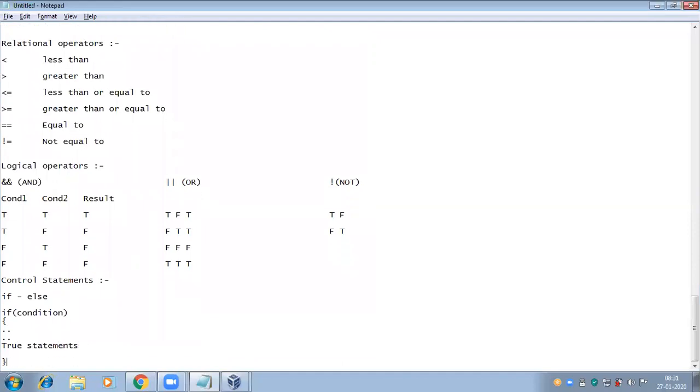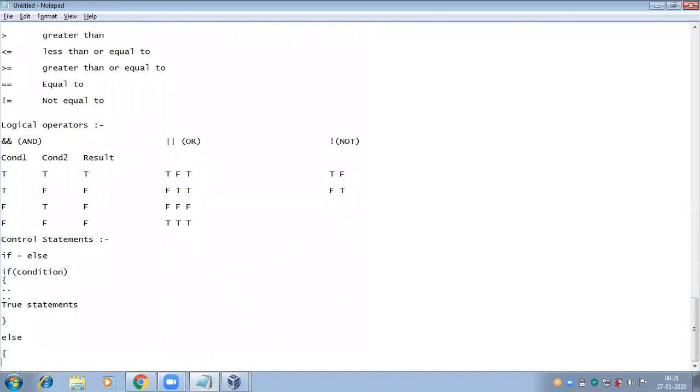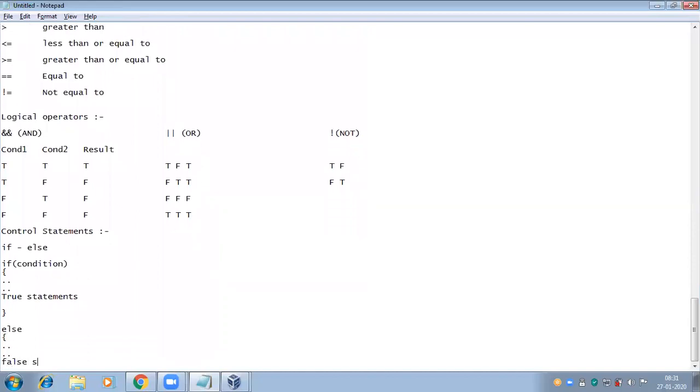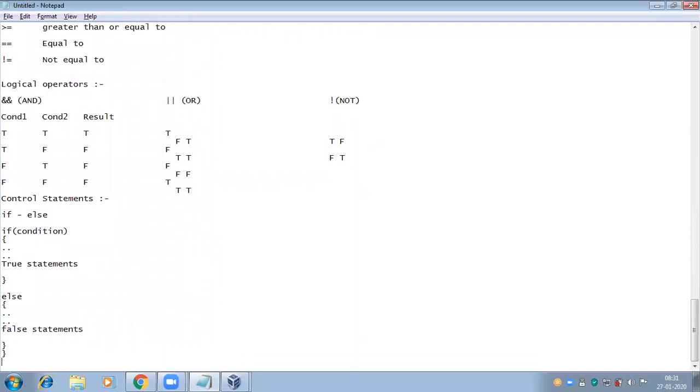If the condition fails, then the else part will be executed. The if statement checks the condition once and executes the statements once only, either the true or false statements, even if I write multiple conditions using logical operators.